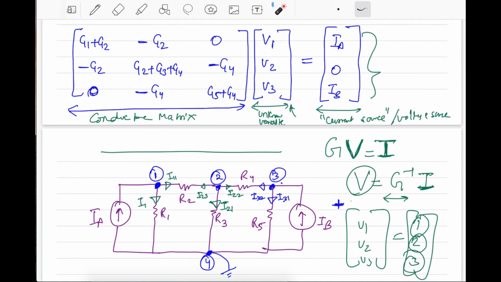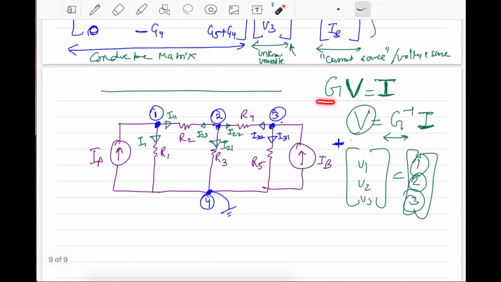And then we discussed that we can write it in the form of this matrix format, where capital G is the conductance matrix, V is a one dimensional vector, and I is also a one dimensional vector. From here you can calculate V as G inverse I, which is basically a simple multiplication of G inverse with I, and what you get as the answer is the voltages at different nodes, like this one.